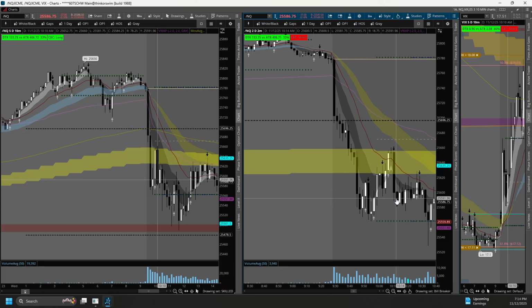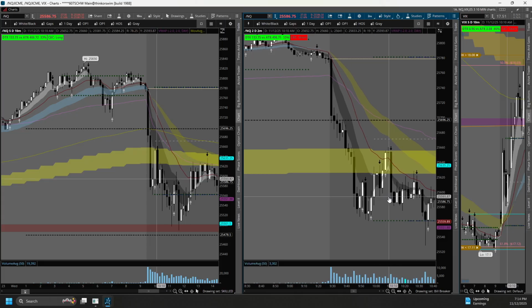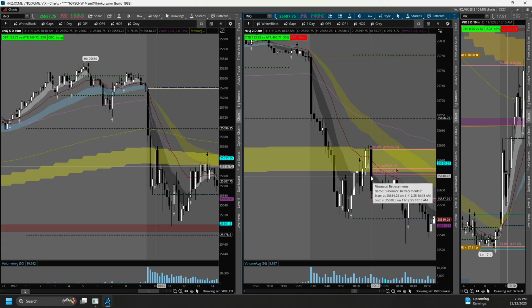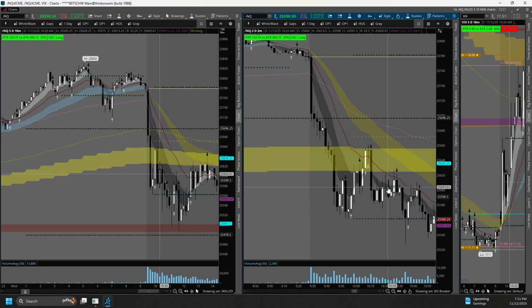Like you got a big shove down, right? And when this big shove down happens, a fantastic place to go short is when we retest the 2-minute 20, and boom, look at that. You actually get a golden zone retracement of a large candle, which was a 66-point candle. So if you chased it, and that's the big thing too with the volatility being where it's at lately, and volatility rising, being over 17 here and looking strong.